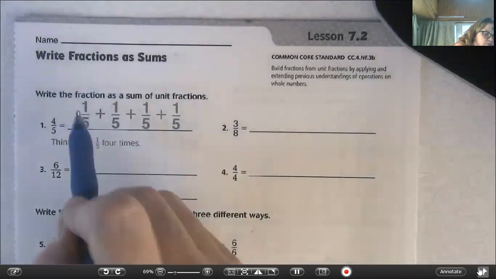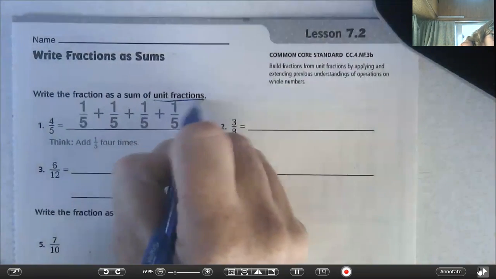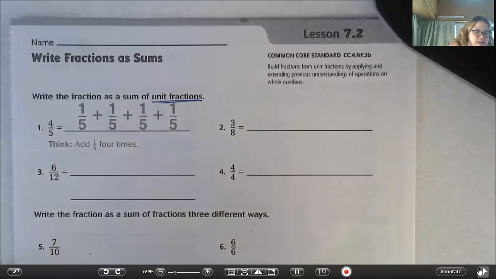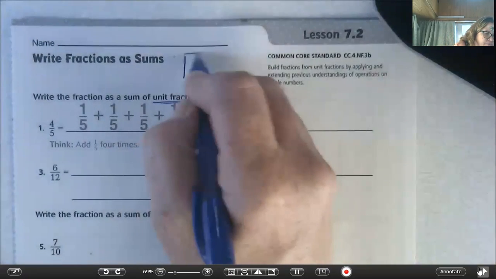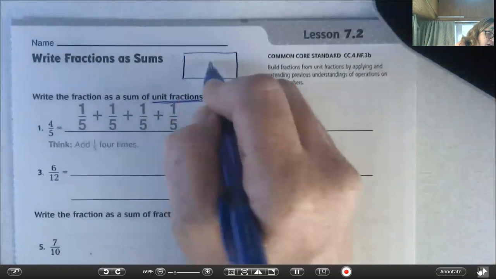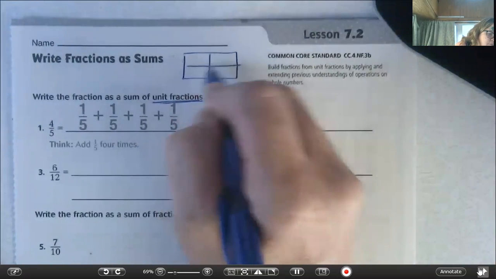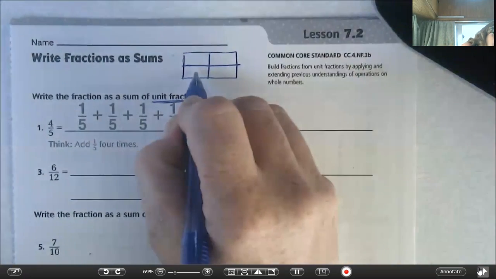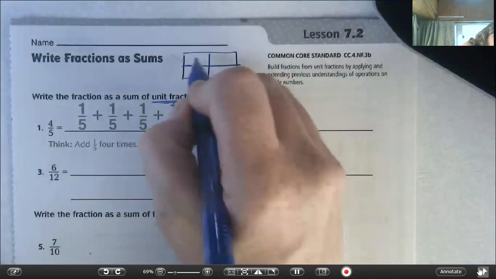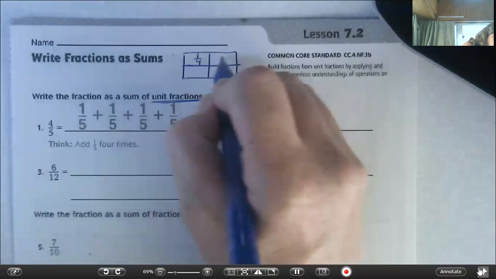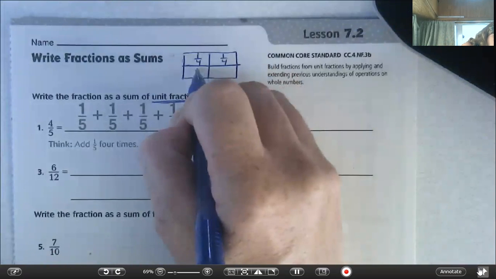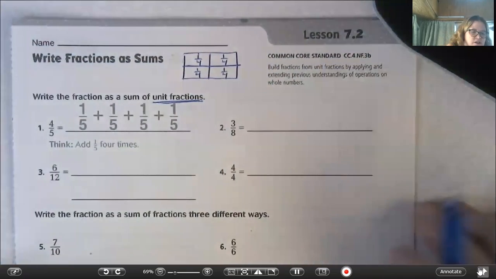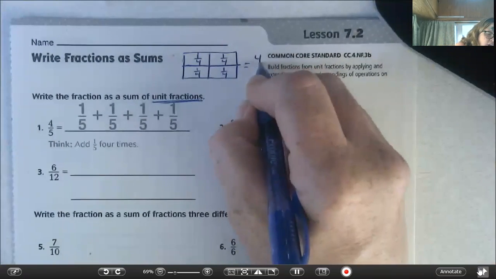Remember, a unit fraction is basically just the one piece. So when I look at a box and I divide that box into parts, now I have fractions. So this box is divided into 4 parts. So that is 1/4 plus 1/4 plus 1/4 plus 1/4, which makes this fraction 4 out of 4